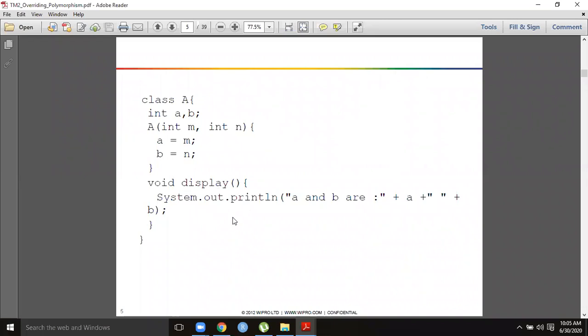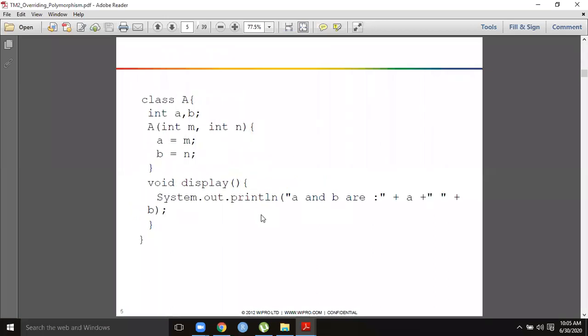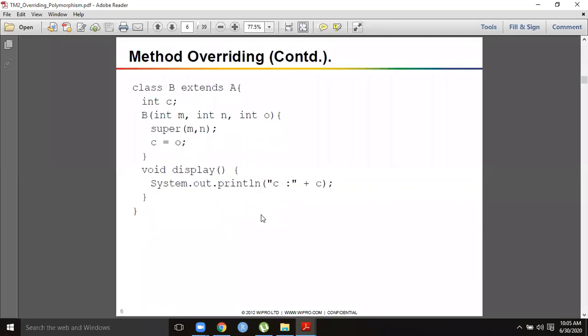If the same signature, meaning the name, return type, and parameters, type and order, everything is the same in the subclass as in the parent class void display, then the concept is called method overriding.